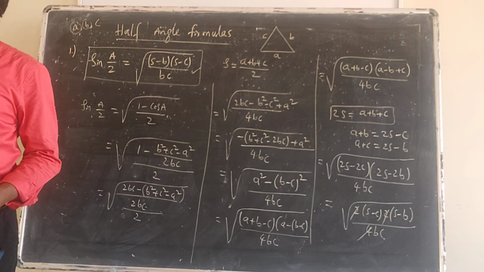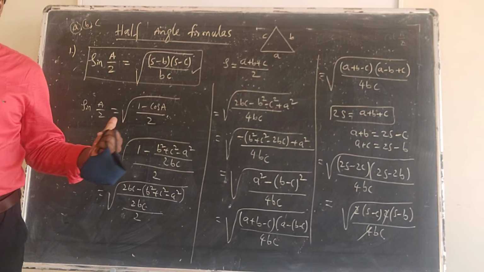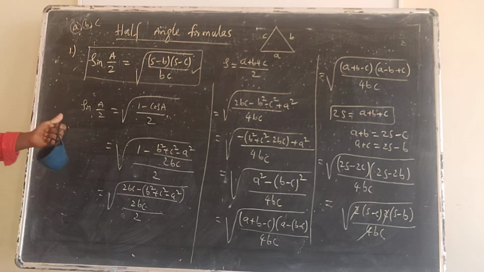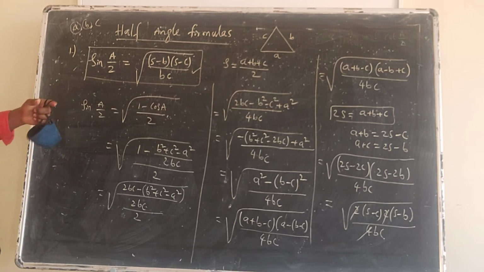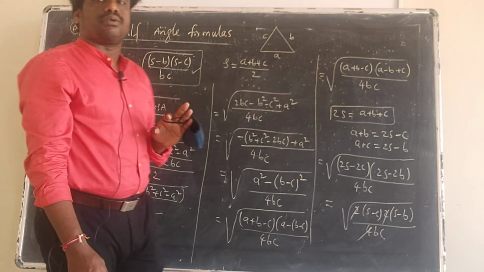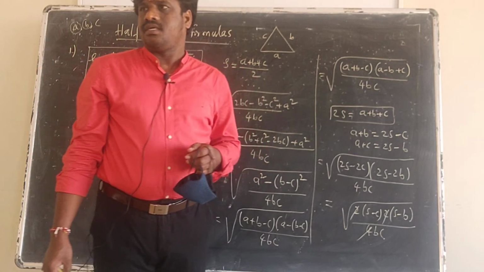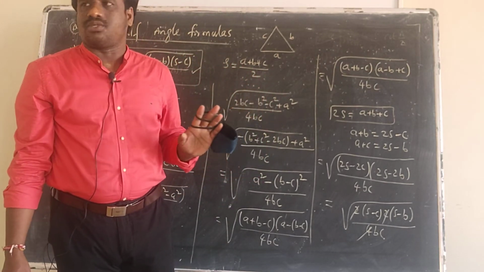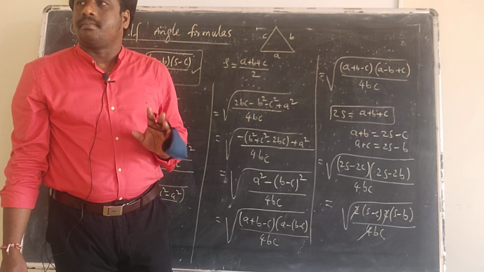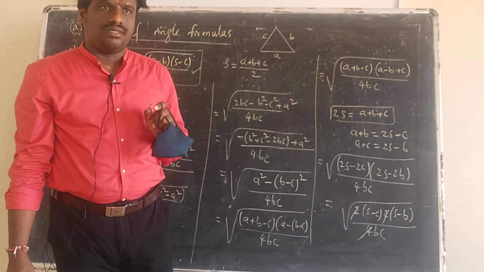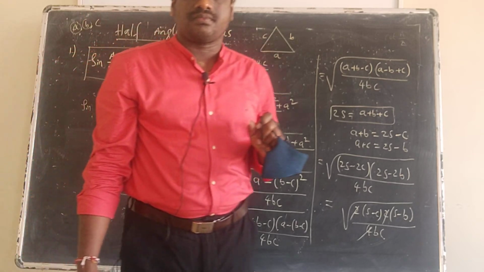Yesterday we learned the Napier law, that is the tangent rule and its proof, and we did one problem on that. Now this is the half angle law. If we do these things, as per your boards, all things are completed. As per the boards, only this much. As per JEE Mains and Advanced, we still have to learn. Okay, please note down.